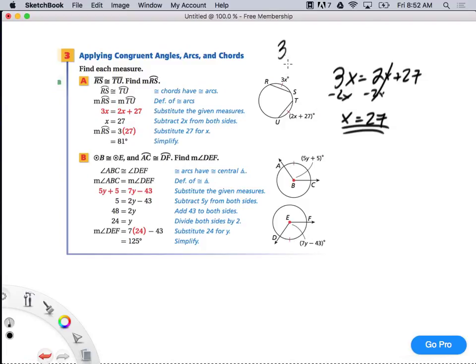This becomes 3 times 27, which is equal to 81. You see that? Does that make sense? Now also,